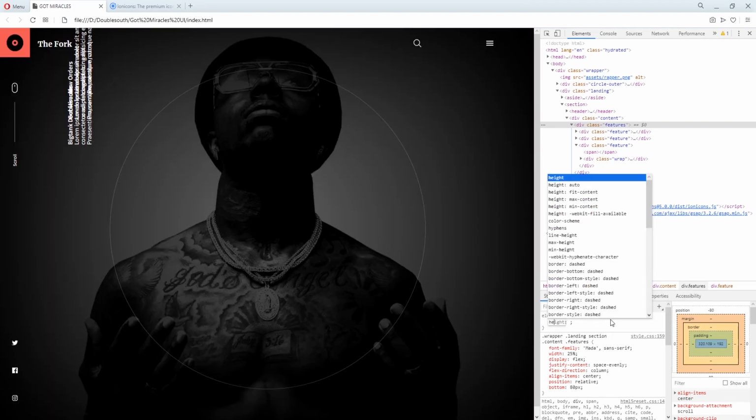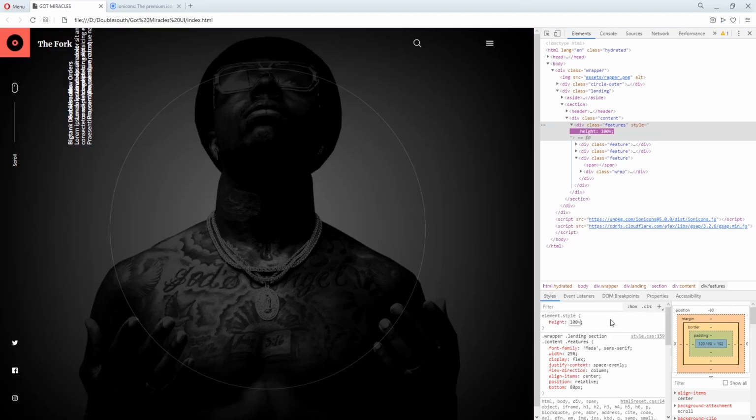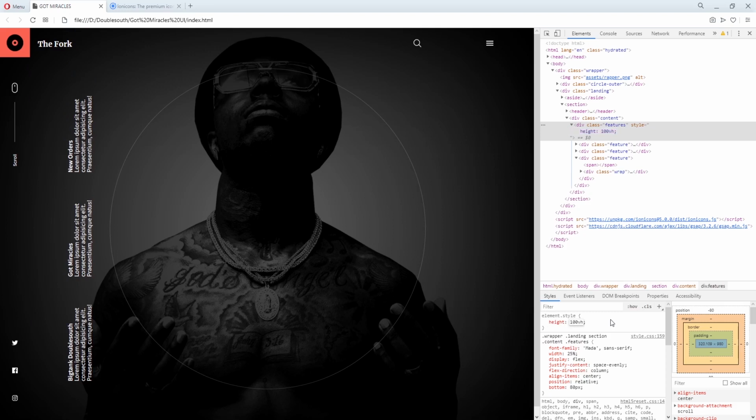Features. Okay. Set height to 100 view height. Then 1000 pixels.